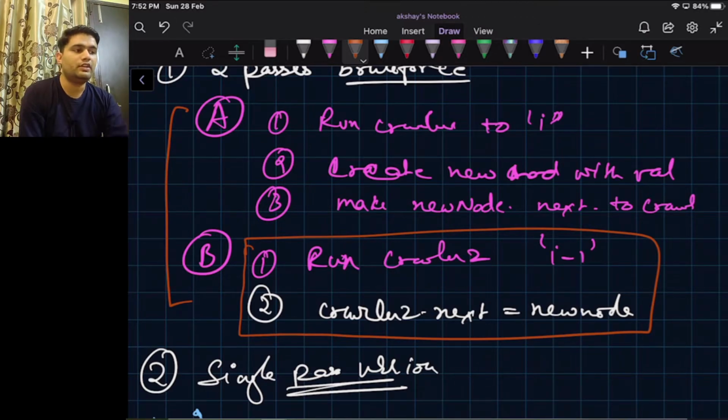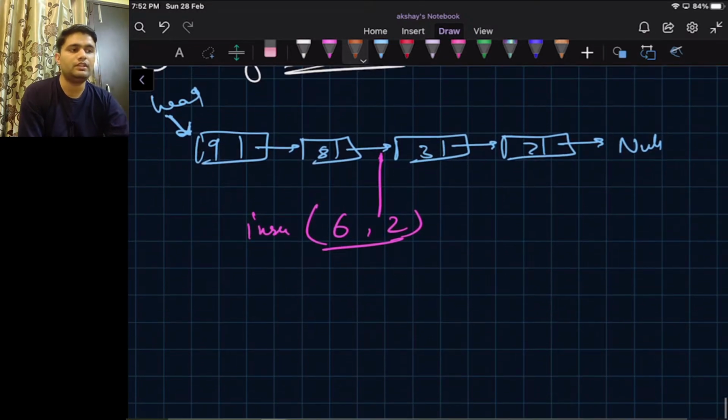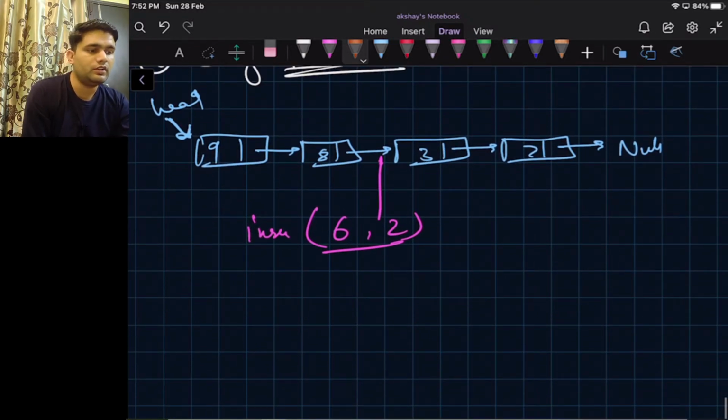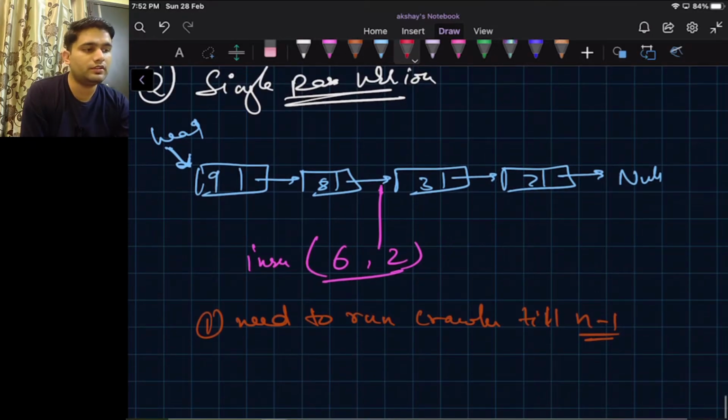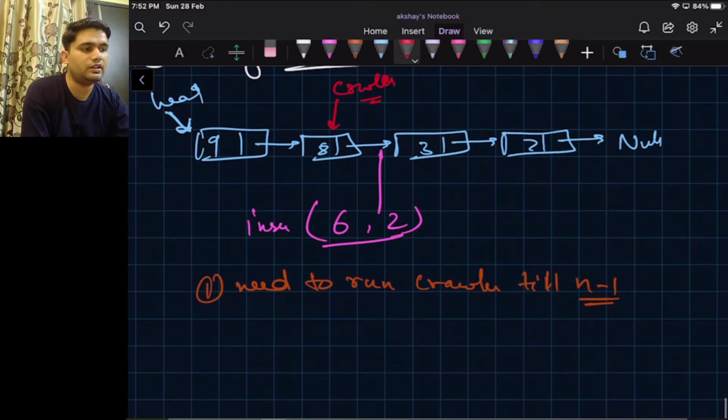So we don't actually need to run the first pass, we only need to run the second pass. That means we only need to run the crawler till i-1. In this case our crawler will stop at i-1 here.